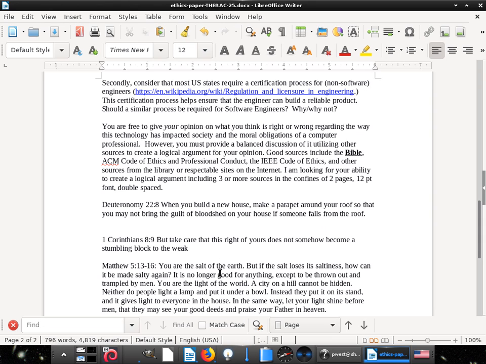All right. Live free, die hard. Yes. But Corinthians, take care that the rights of yours does not somehow become a stumbling block to the weak. I guess it's kind of bad to think of a programmer as the one that thinks of their rights becoming a stumbling block to the weak that are receiving the radiation, but oh well. Maybe it was a little bit of a stretch.